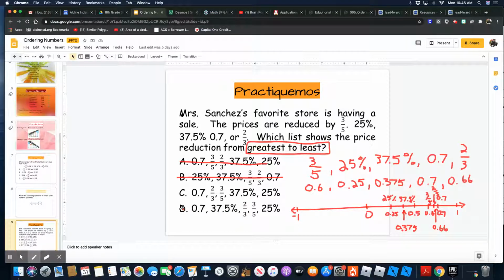So we have actually already answered this. I don't know why it's not letting me cross it out. There we go. All right, but let's check it just to make sure that we did, in fact, answer this correctly. So next would be 0.6 or 3/5, which is correct. Next would be 0.375 or 37.5%, which is correct. And then our least number or smallest number is 0.25, which was originally 25%. So our answer is